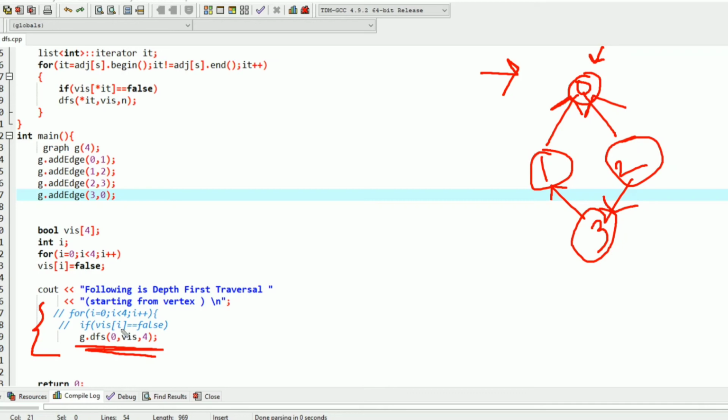If visited[i] is false. Initially inside the visited array, all the values will be false, and the index number indicates the vertex number. Suppose my source vertex, I'll start traversing from 0. So visited of i equals false, yes, it's true. Now it will go and call DFS.